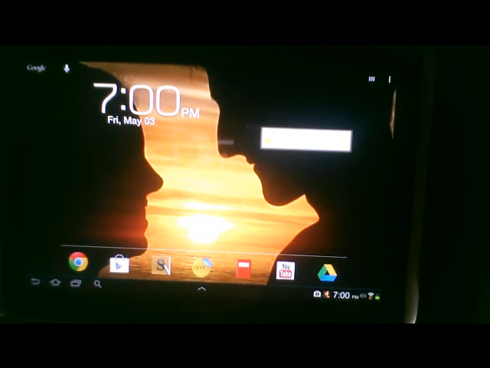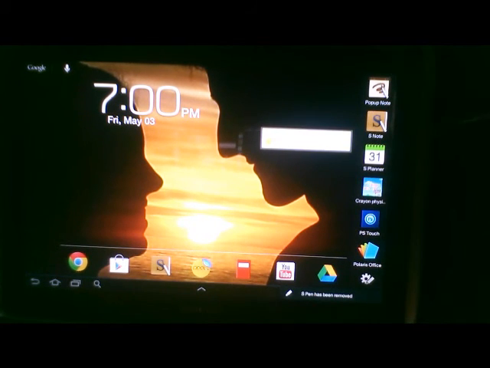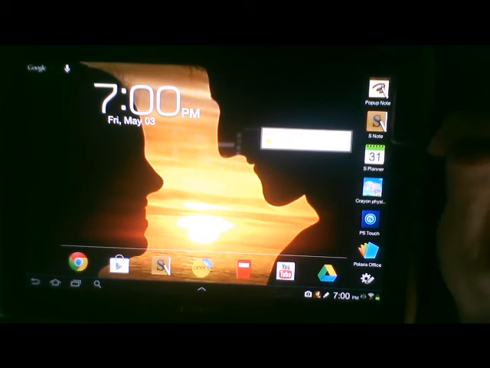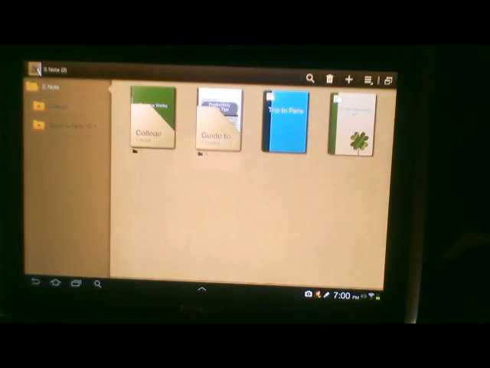So basically, we will get started with the S Note first. When you pull out the pen, one of the neat things about it is you get the sidebar that comes up over here, and that allows you to just quickly access S Note. That's one feature that Lecture Notes doesn't have. So when we click on that, we have